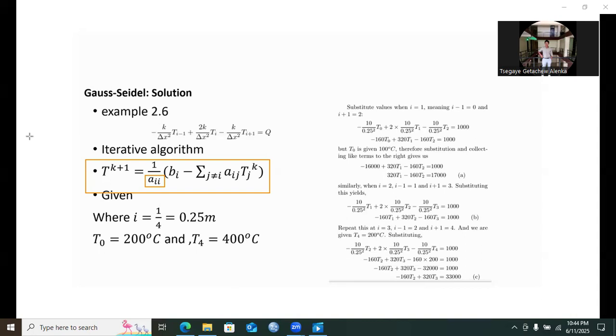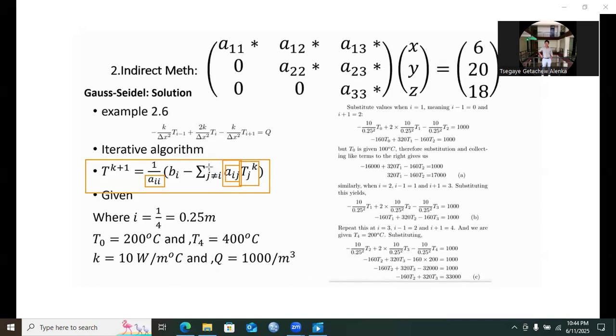Then, breaking down the term inside the bracket, you would use the backward substitution step of subtracting the sum of products of the known values of our variable, temperature, and their corresponding coefficients a_ij from the value b_i. When doing this, you carry out this calculation for that particular row i,